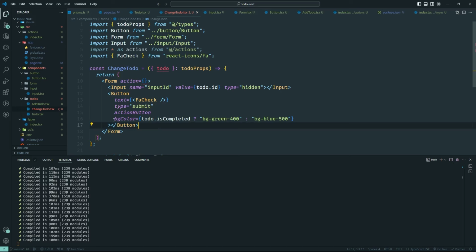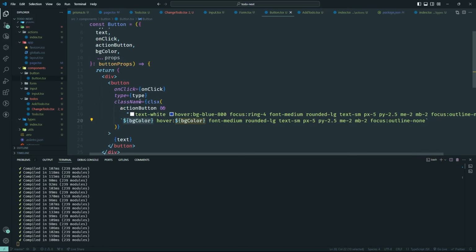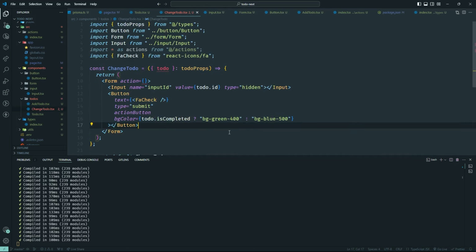So that means if the to-do is completed, the check mark is going to turn green. If it's not, the check mark is going to stay blue. And this is happening right here, the background color. So if the check mark is true, we're going to have a bg color prop in here set to green, and that green is going to be applied over here on the button. So that's the idea of this. And let's create our action over here